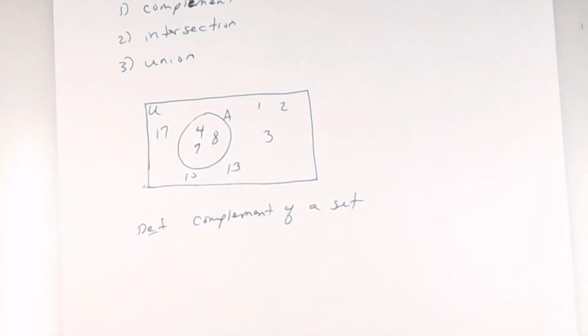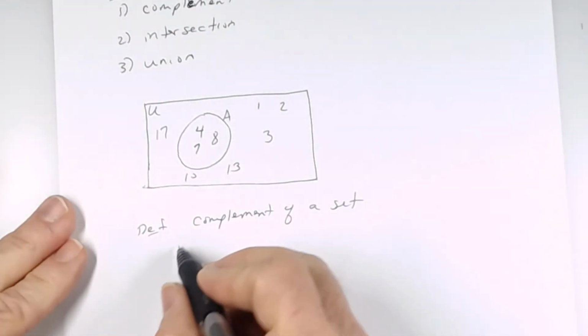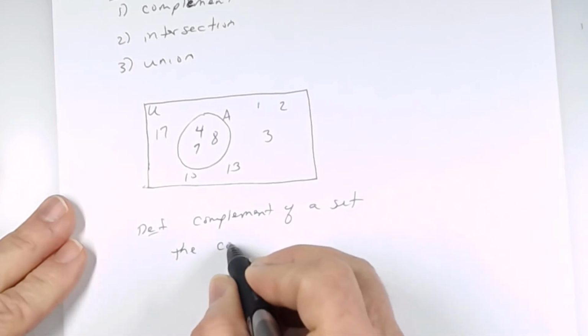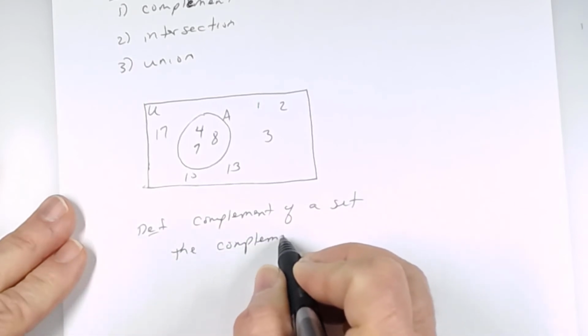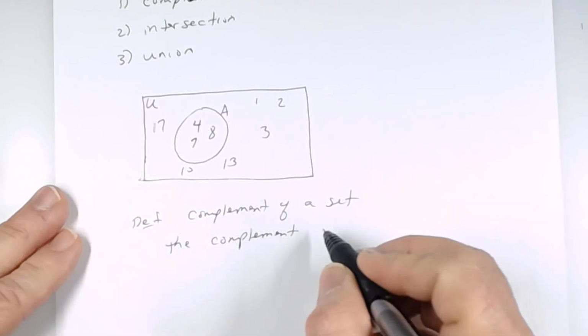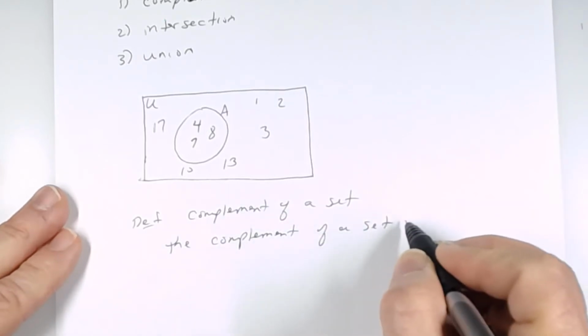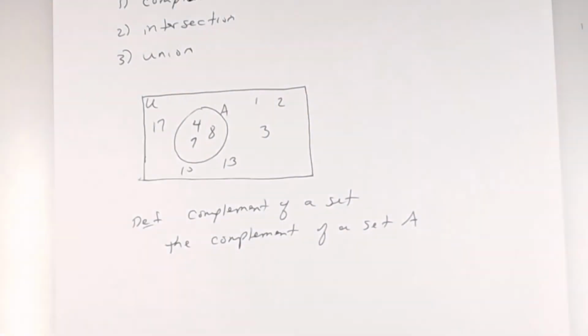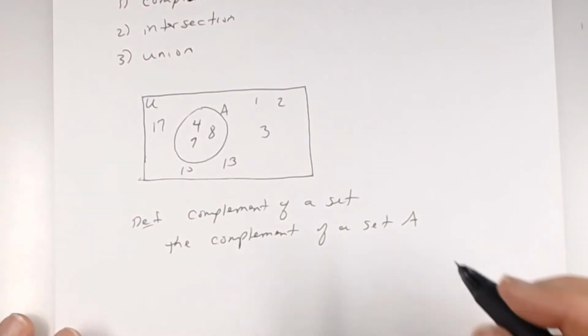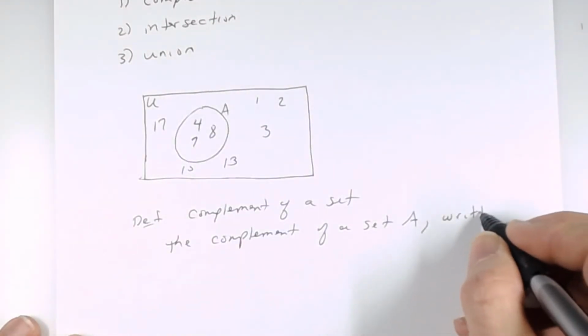All right, definition: complement of a set. Listen carefully. The complement of a set A, and here's how it's denoted. Some textbooks use a different symbol, so we're going to use what your textbook uses. So it's written as